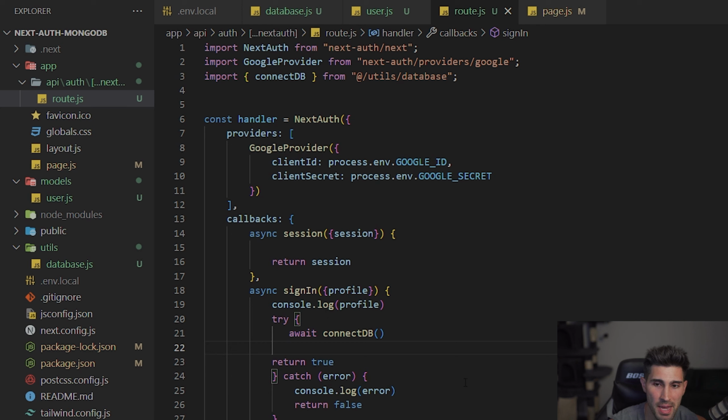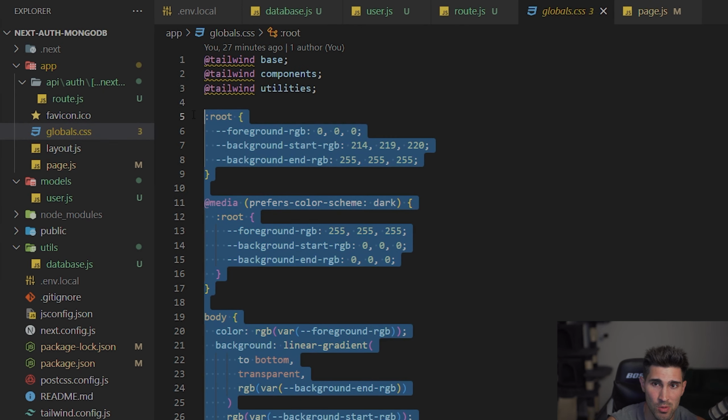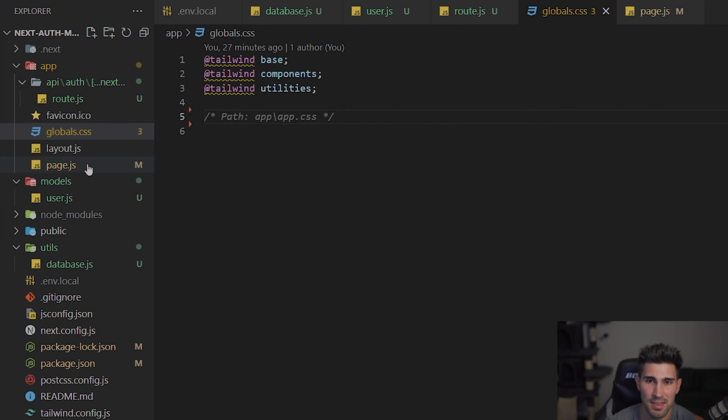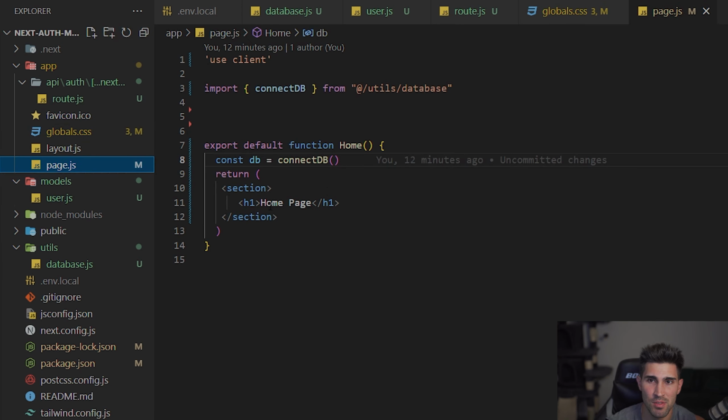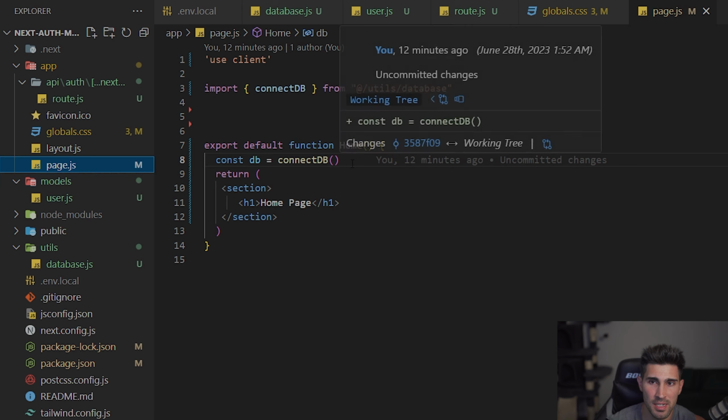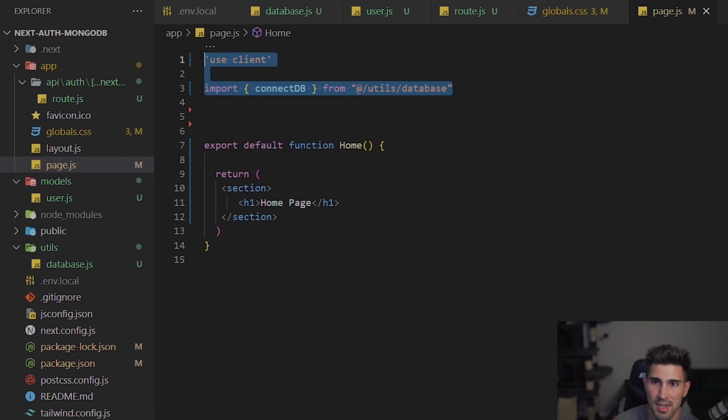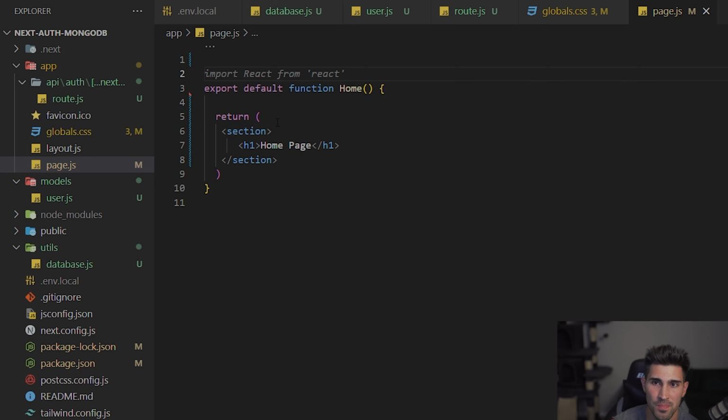Okay, we will come back to this code right here, but like I said, I want us to actually log in to the Google provider and show you exactly how the profile properties and parameters look. So what I'm going to do here is first I'm going to go in the global CSS, remove lines 5 through 27, make it look a lot cleaner. We will go inside of the page.js, which is the home page, remove this connection and the use client that we just did earlier. And what we are going to do here is we can actually keep this as a use client,